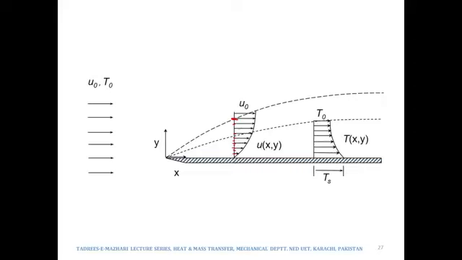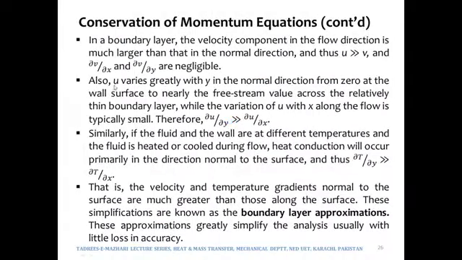So the velocity varies greatly in the y direction, and this is what is written over here. U varies greatly with y in the normal direction, from having a value of 0 at the wall surface, at the fluid and surface interface, to nearly the free stream value, approximately u infinity, across the boundary layer,